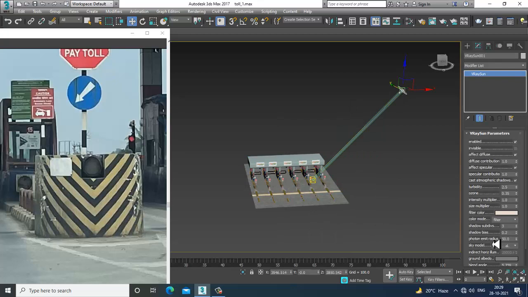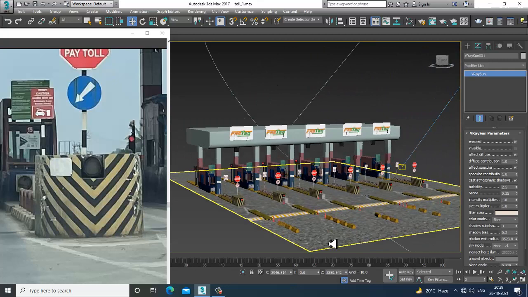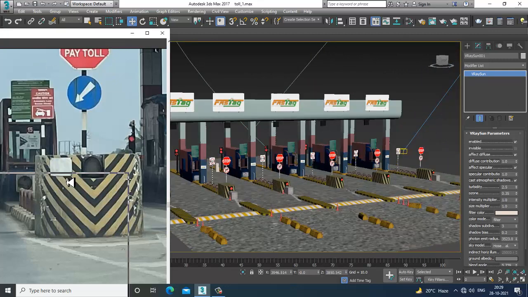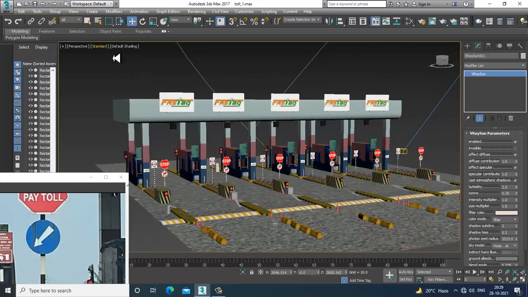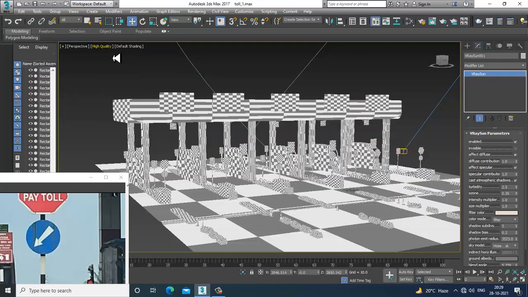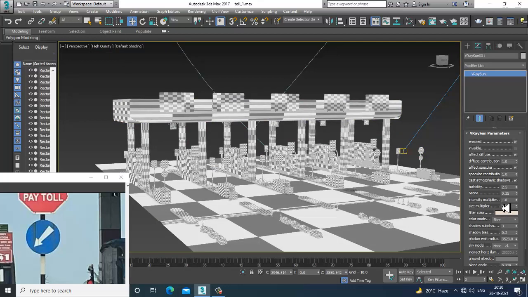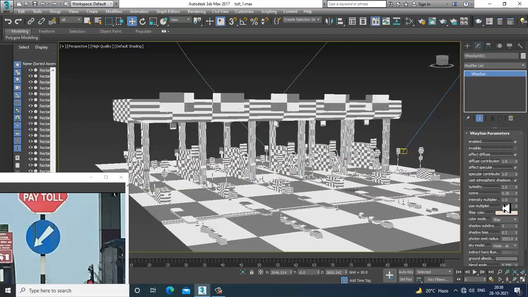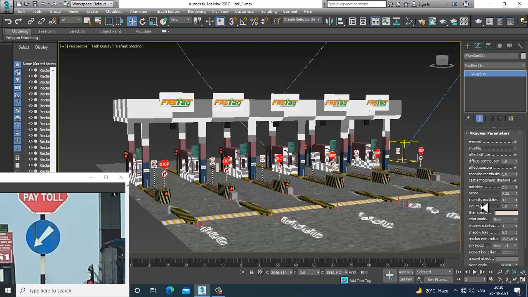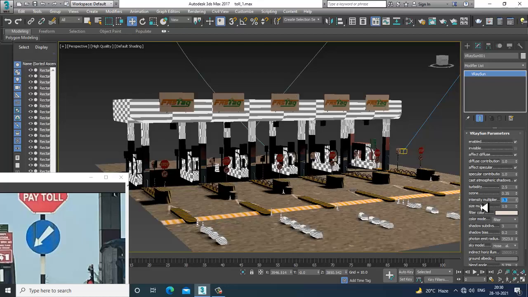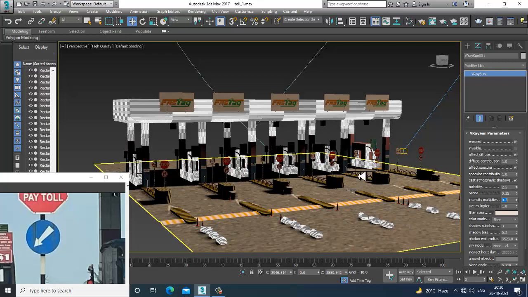I can increase the photon emit radius and set high quality. Let's go into this. You have an intensity multiplier also. You can work with an intensity multiplier of 0.3. I can set up the intensity multiplier over here in this way.